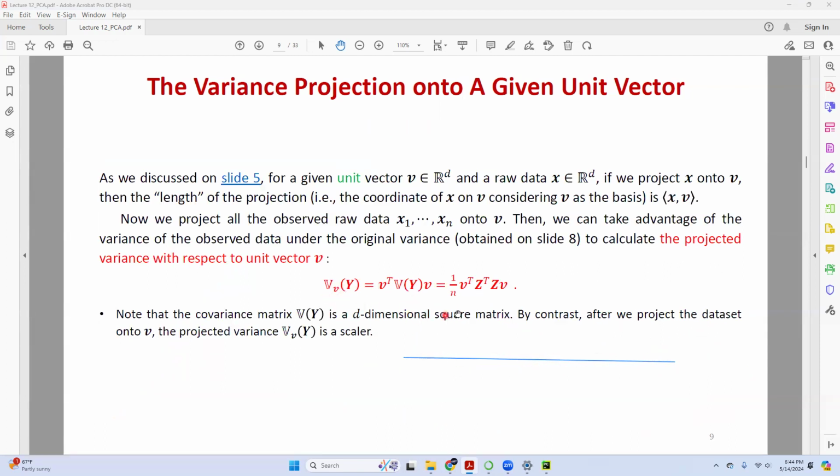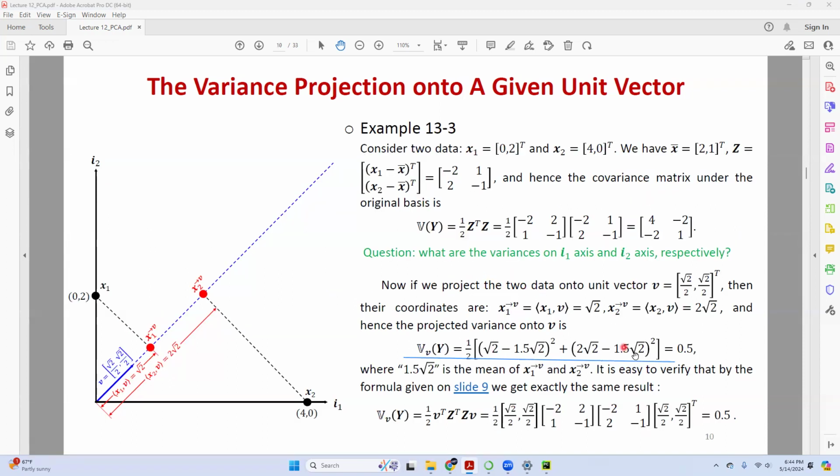Now let's verify. I can use this formula to directly get the variance equal to 0.5. So here, V is what? V in our original space is square root of 2 over 2, square root of 2 over 2. And then 1 over n equal to 1 over 2, where n means how many observed data. I have two observed data here. And then my Z matrix, where? Here's my Z matrix.